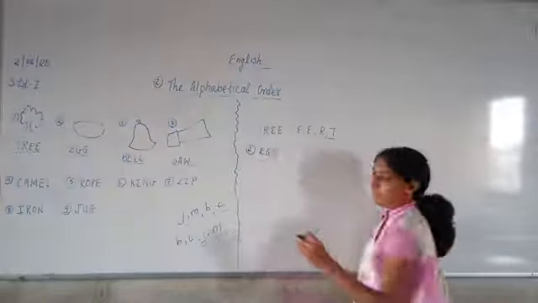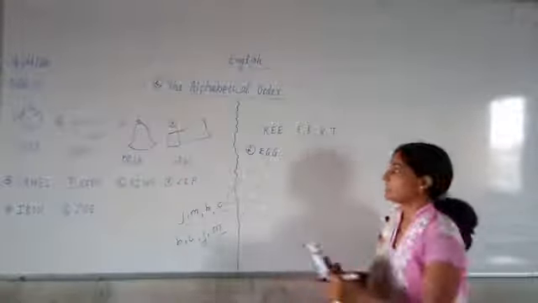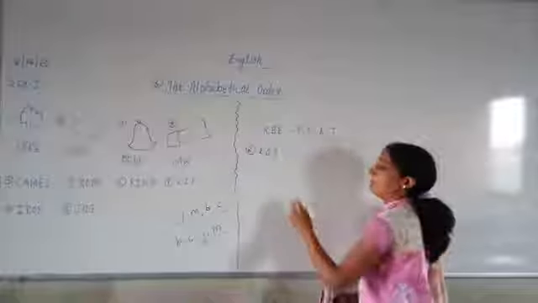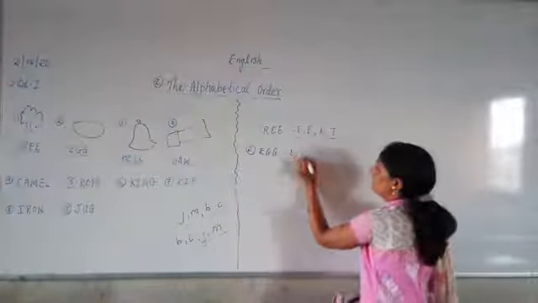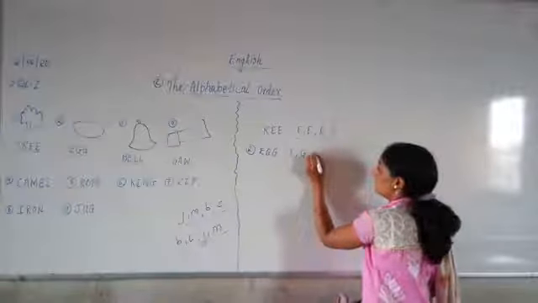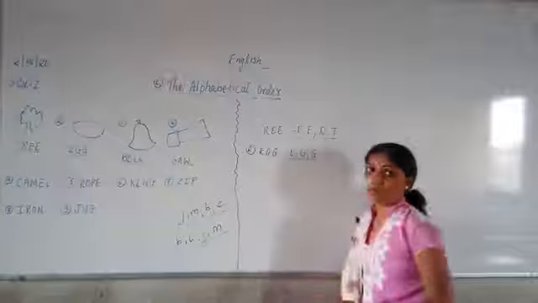E-G-G, egg. Come on now, we'll start. A, B, C, D, E. E is there, yes. E, F, G. G is there, yes. We will write down now 2 G's are there, so we will write down 4 G's. So egg is correct. So this is correct alphabetical order of word.